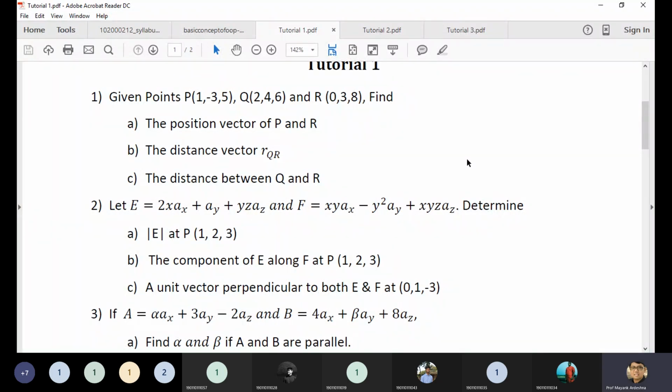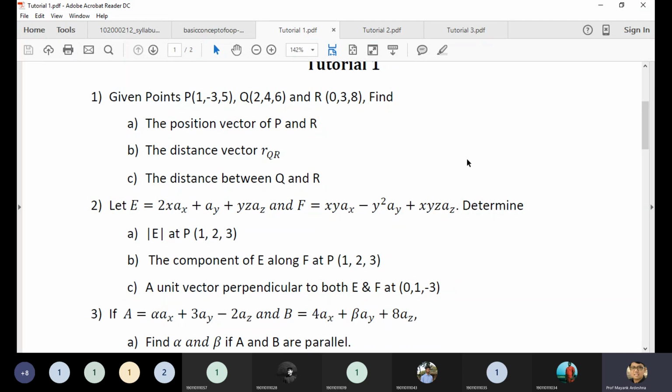So in terms of tutorial one, first we discussed vector analysis, where we understood three different vectors: unit vector, position vector, as well as the distance vector. In terms of the distance vector, we are trying to find the distance between two different points. In terms of the position vector, we are trying to find the location from the origin. So if a point is given to you, and from the origin I want to measure the distance, then we can consider it a position vector. And the unit vector is a vector divided by its magnitude.